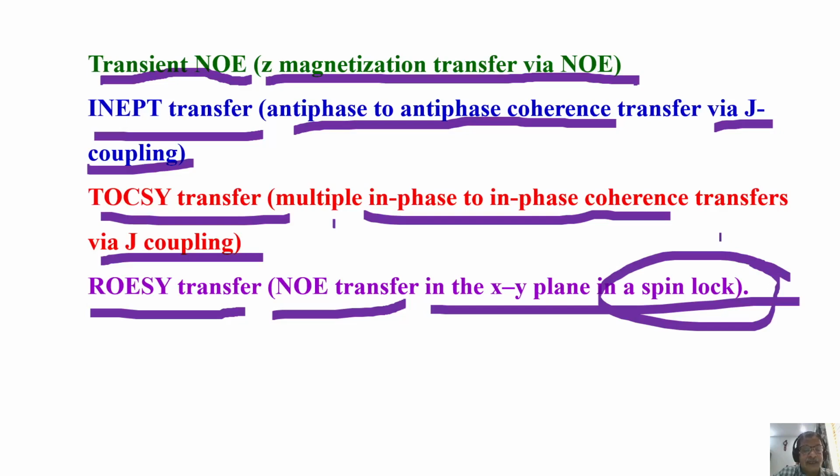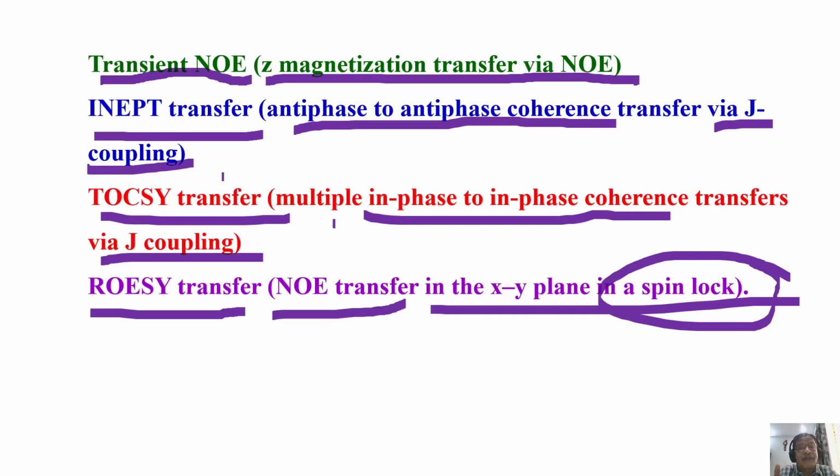See, transient NOE, steady state NOE, driven NOE, rotating frame NOE, varieties of experiments are possible. But I just wanted to give you one or two pieces of information. In all the experiments, there is a mode by which magnetization gets transferred. There is a pathway, a way in which magnetization is transferred between two interacting spins. This is essential.